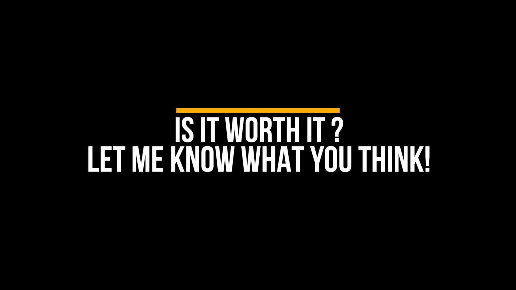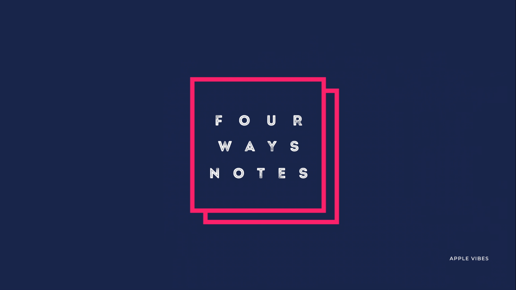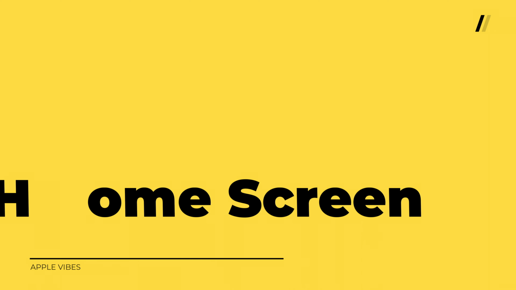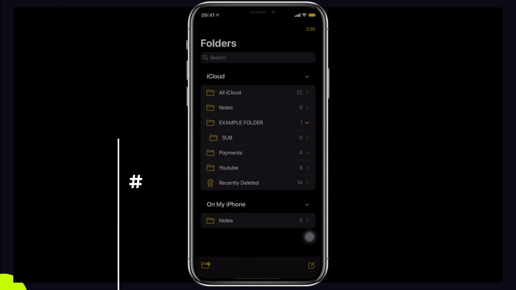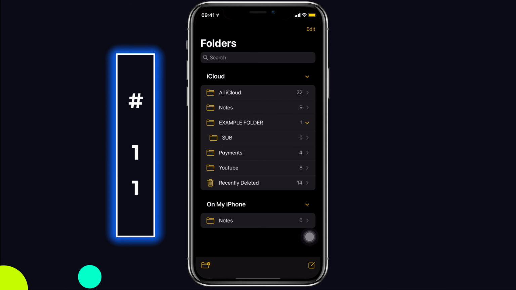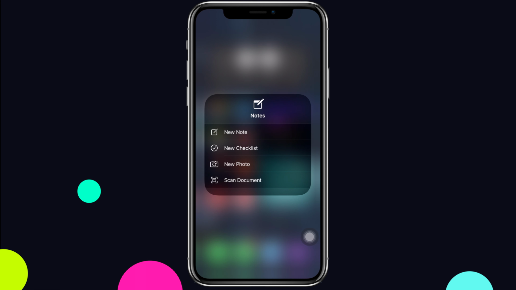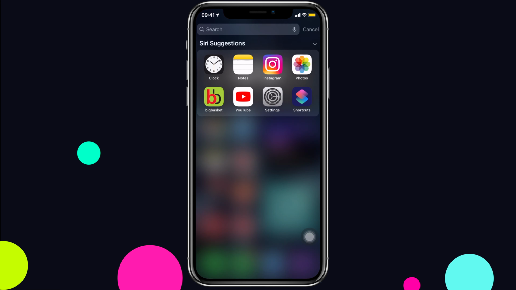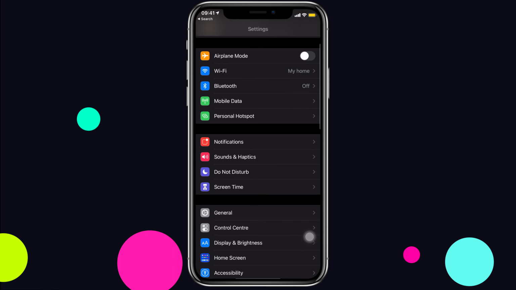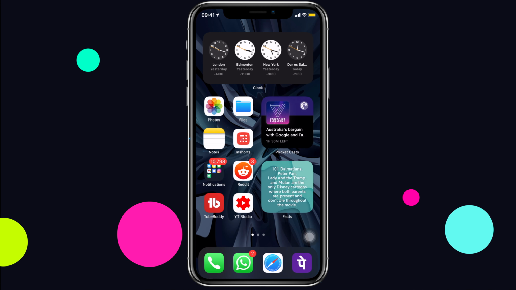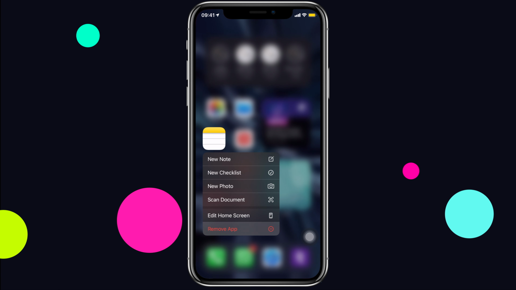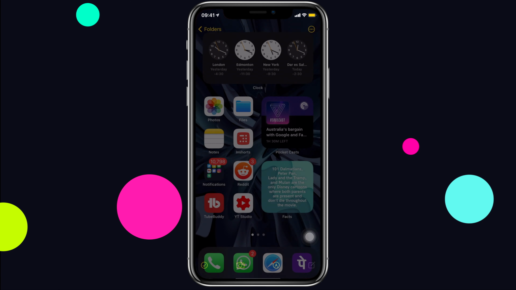By now you know that the Apple Notes app is worth it, right? But to make it better, there are 4 ways you can quickly access different notes or even features right from the home screen or the lock screen. From anywhere while using your iPhone, you can quickly access the Notes app from the control center or 3D touch to get these options right away. If you don't have Notes in your control center, go to settings, under control center, and add Notes from here. The same options can be seen with the app's icon on the home screen by 3D touching on it.